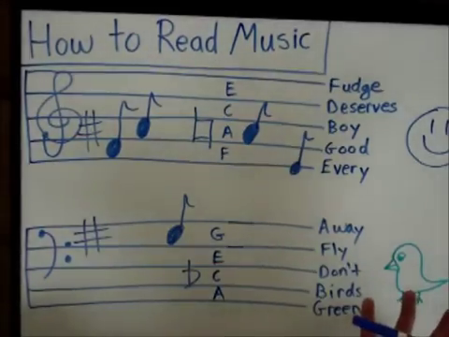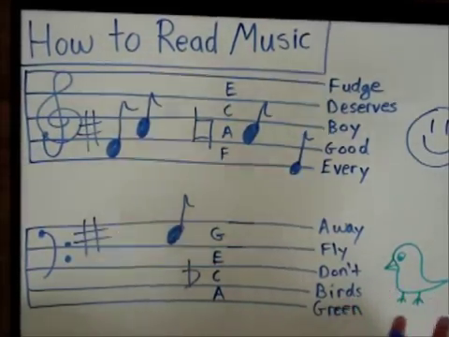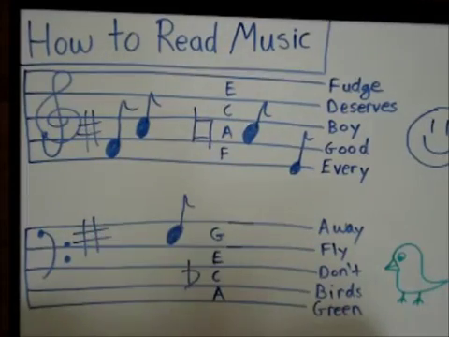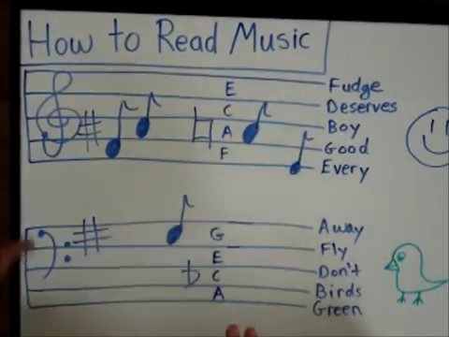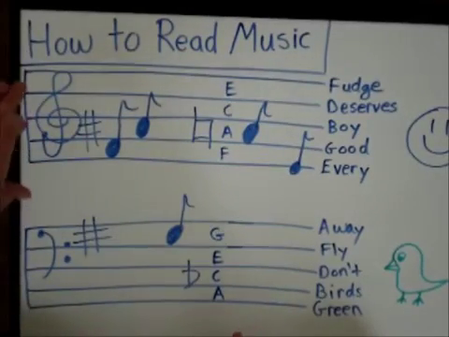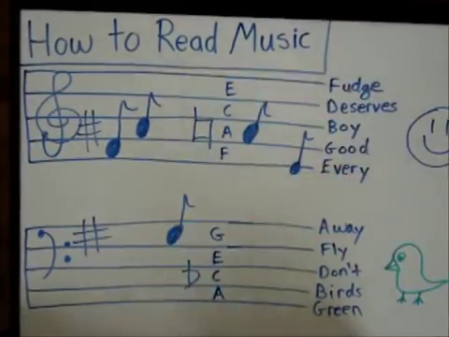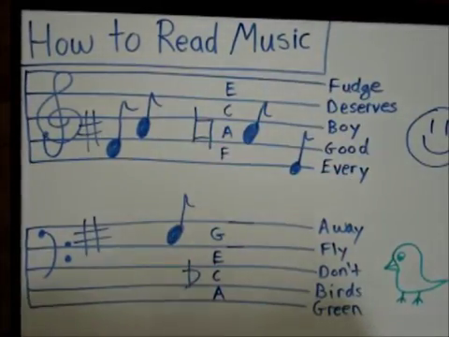But this doesn't really tell you exactly which F or which A sharp to play. So what are these things? What's the main purpose of a treble and a bass clef? And really, a treble clef is your right hand, bass clef is your left hand. But more importantly than that,